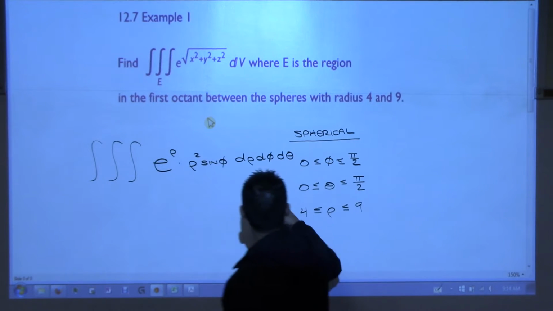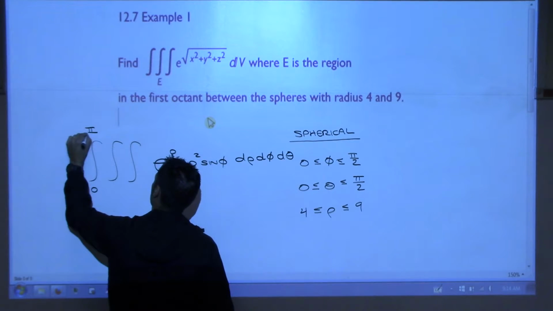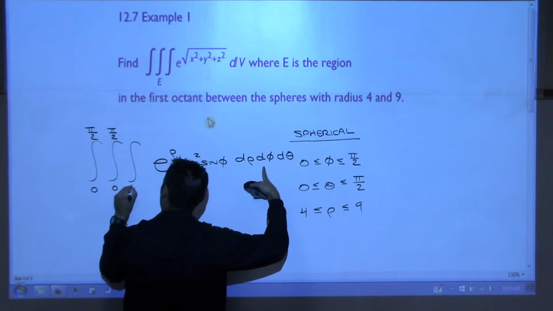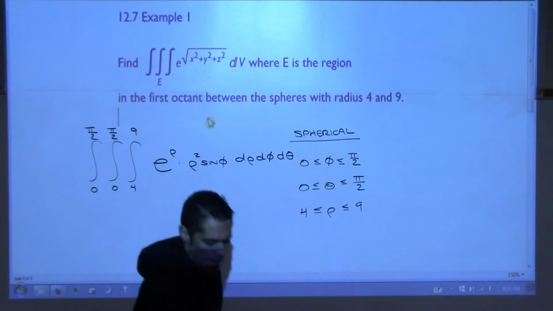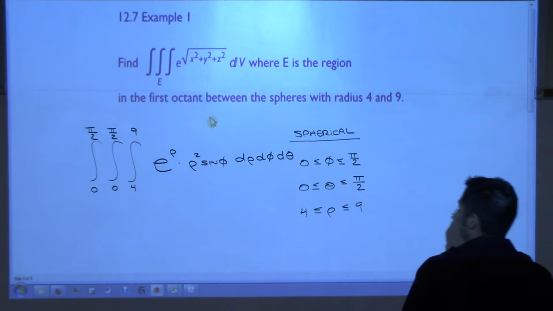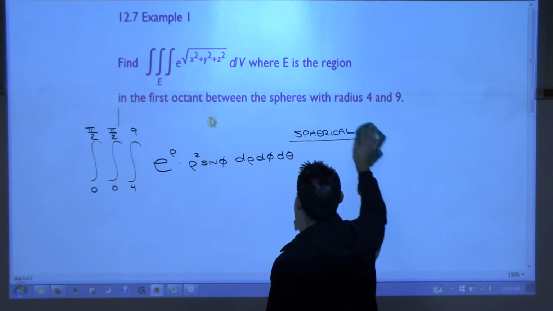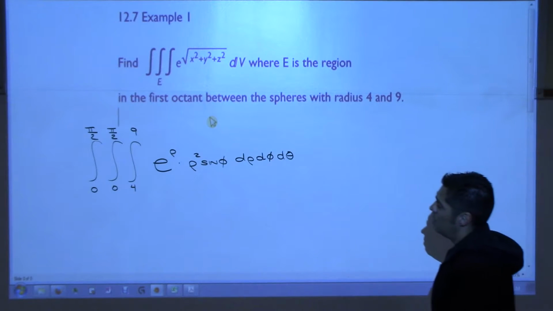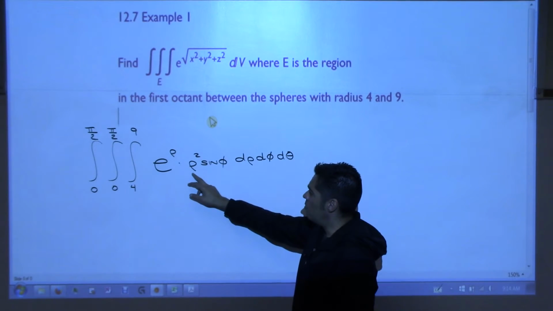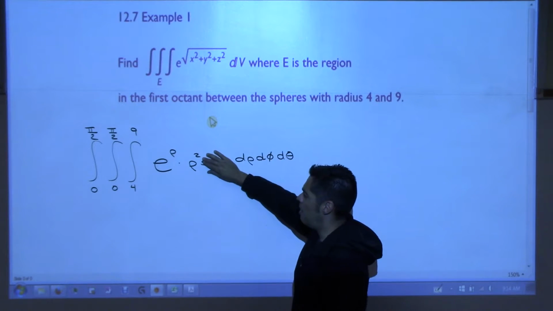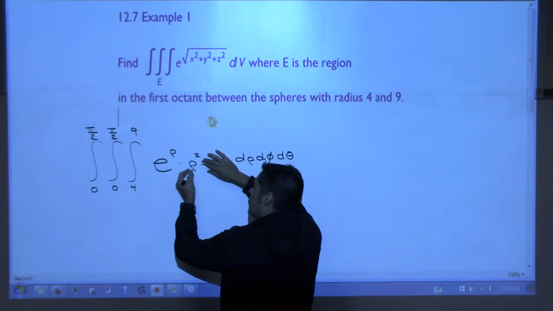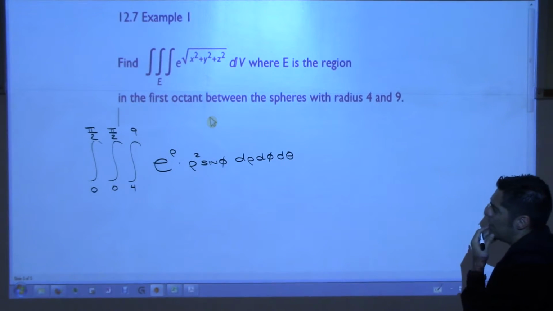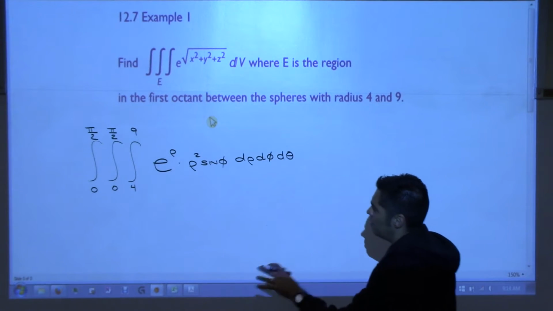And then my limits of integration here, 0 to pi over 2. It's my restriction on theta. Phi, 0 to pi over 2 again. And then rho goes from 4 to 9. And that's the integral that I need to do. All right, so if I was going to do this, I'd first integrate with respect to rho. So remember, sine phi is going to be a constant here. I need to integrate e to the rho times rho squared. And to do that, I'm going to use integration by parts. So I think at this point, I'll leave you to take it the rest of the way,